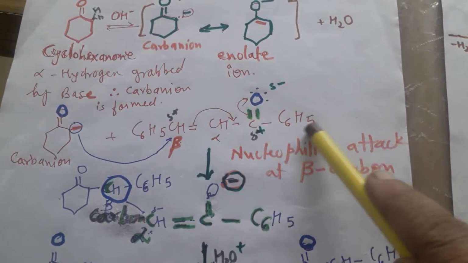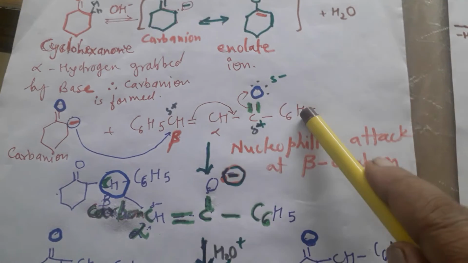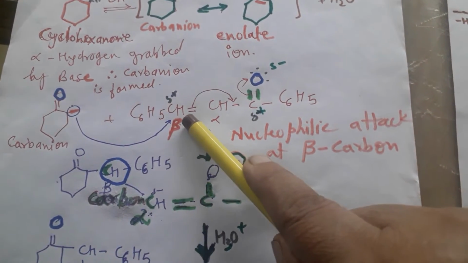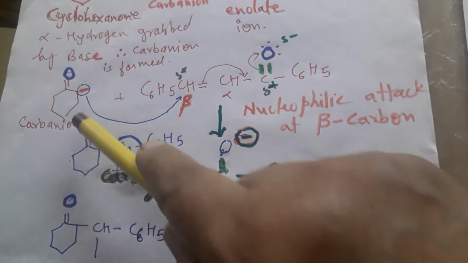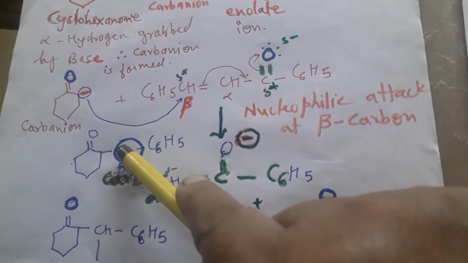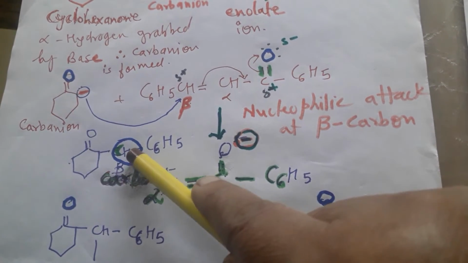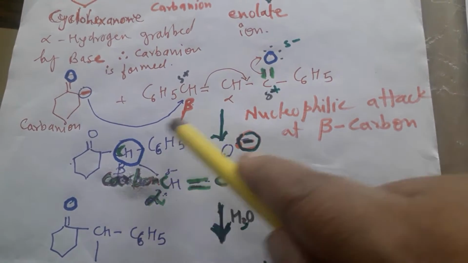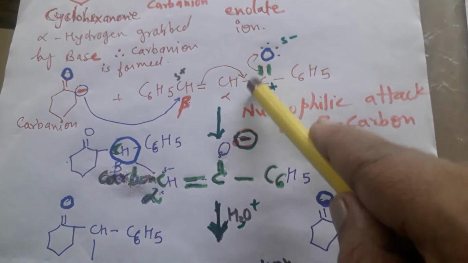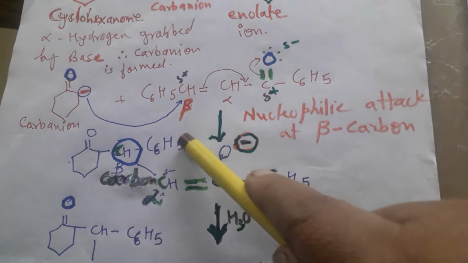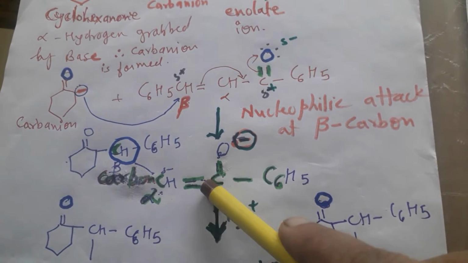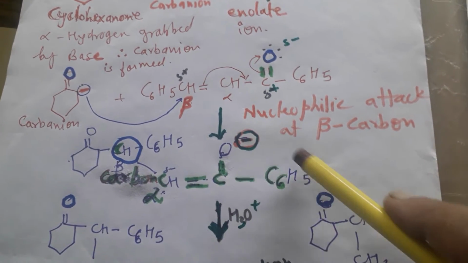So no need to worry about the length of the chain. You search out the beta carbon and insert that carbanion over here. As it is, it will join to the C negative charge. This is CH C6H5 I have written over here, and then since electrons are transferred over here, it is having a single bond. So CH C6H5 single bond, CH double bond C O negative C6H5.